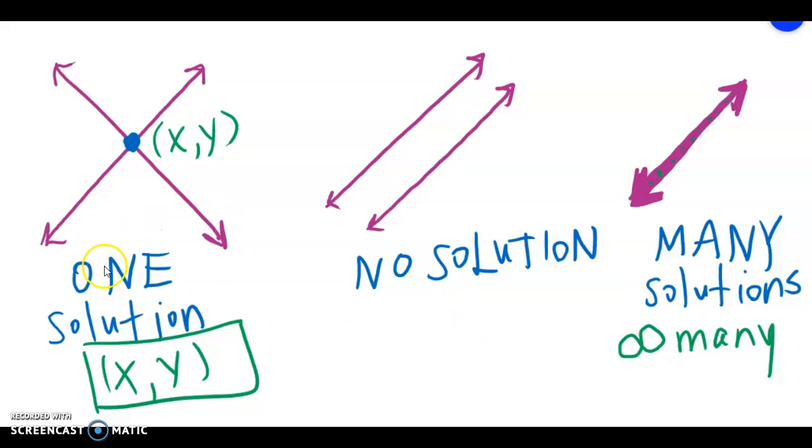Okay, so the three types of solutions we can have are one, none, or many. If you have one solution, the answer or the solution is the point where they intersect. If they do not intersect at all, then there is no solution. And then if it's a line on top of a line, then there are infinitely many